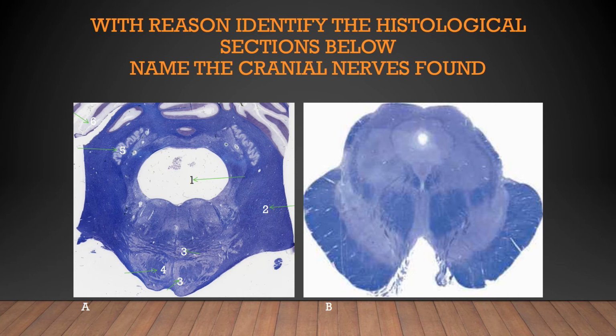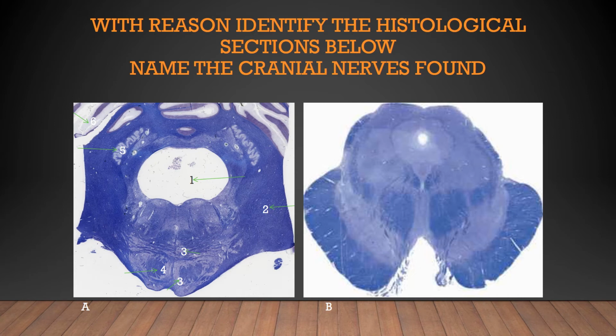Due to the presence of the fourth ventricle, in slide B, you got the substantia nigra and crus cerebri. So let's name the parts in slide A. 1 is the fourth ventricle, 2 is the middle cerebellar peduncles, 3 pontine nuclei, 4 corticospinal tract, 5 dentate, and 6 the cerebellum. As for the cranial nerves found at this level,